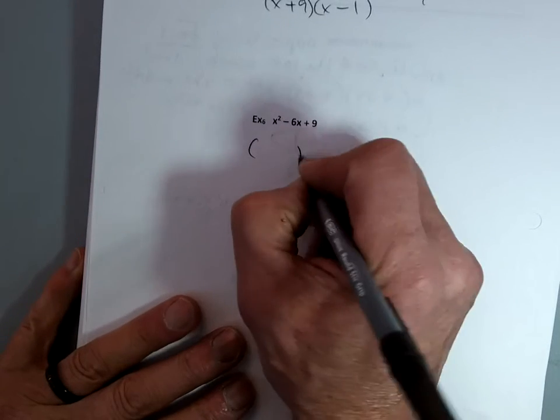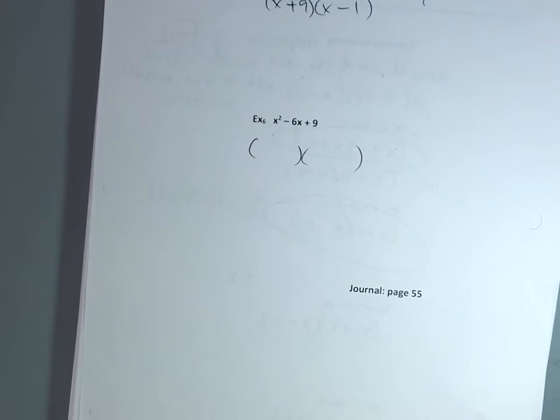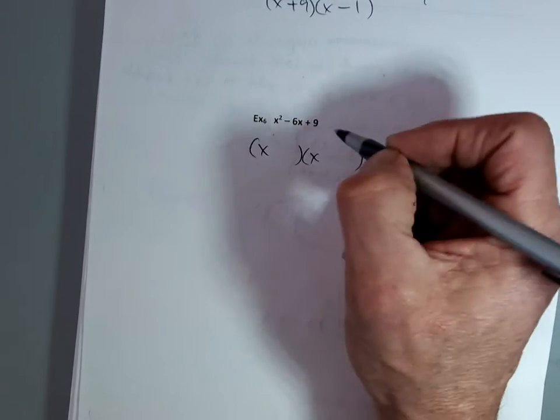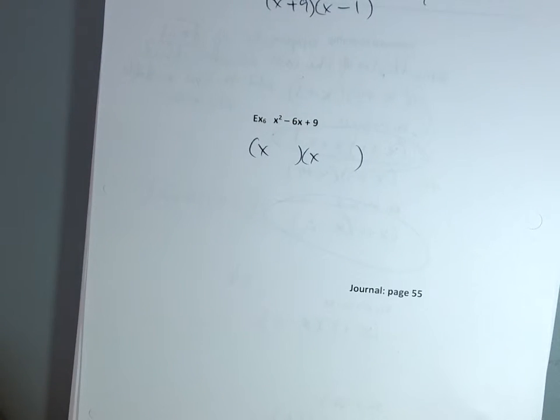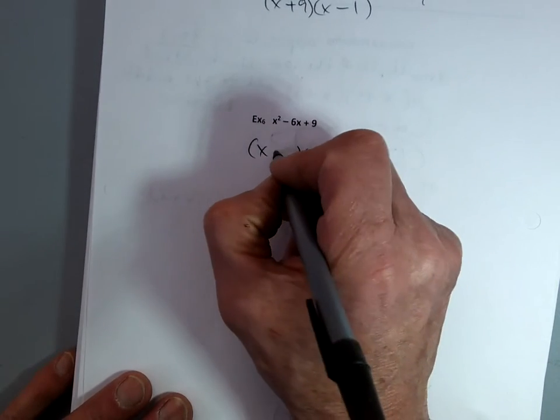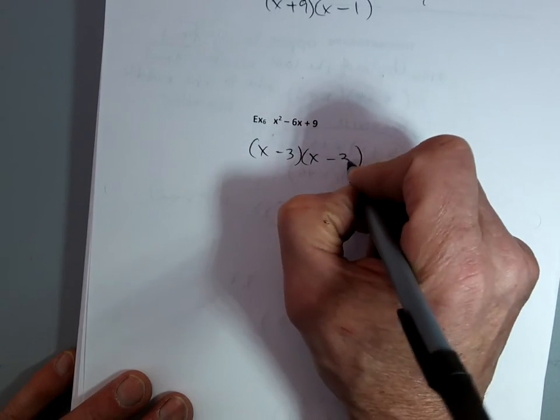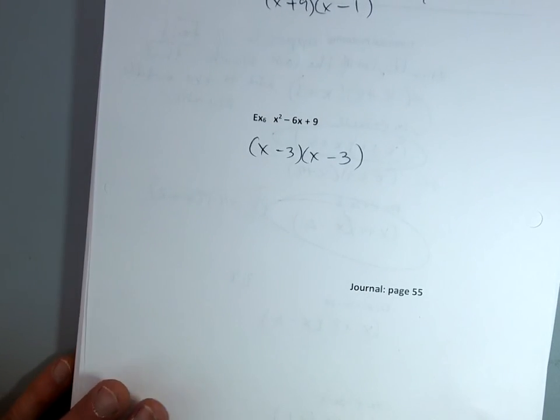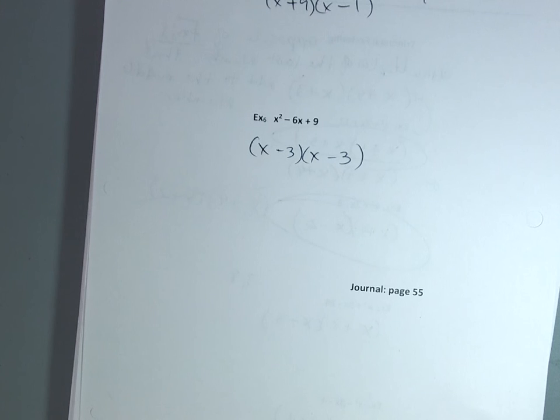Start with parentheses, parentheses, right? X and X, right? Okay. I heard it. Say it. 3 and 3, right? How about a negative 3 and a negative 3? Okay, thumbs up. I want to see it. Thumbs up, everybody. Okay, so what I want to do is